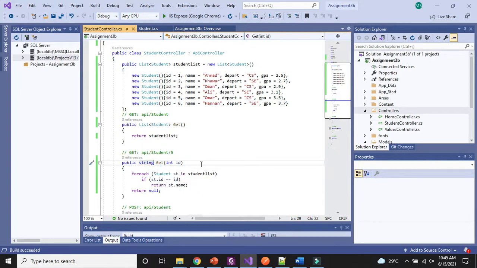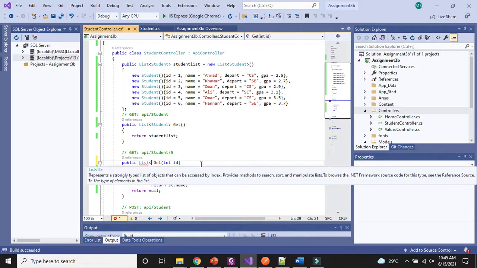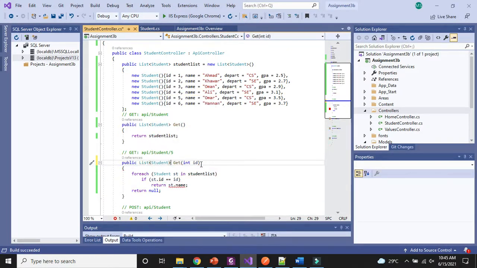So if there is a probability of returning multiple students, then we will change the return type and write it as a list. And which kind of list should it be? It should be a student list. So now our return type is changed, and it will be a student list. The id provided by the user will come in this. The same for each loop we will write, but this time we can return a list of students.